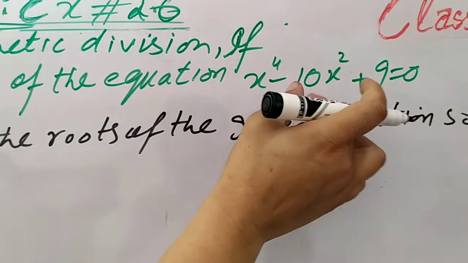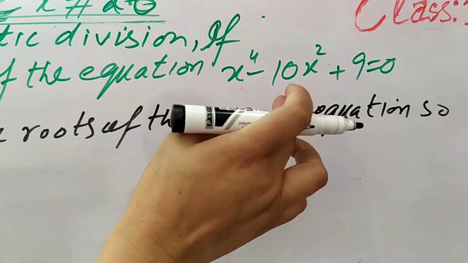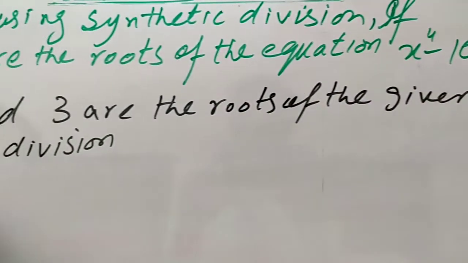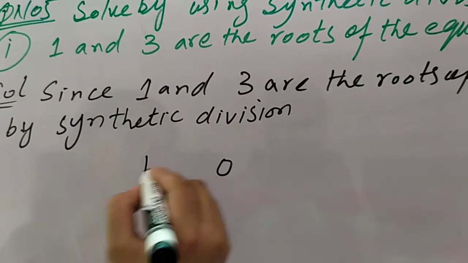We have also missed the terms x raised to power 3 and x, so I will assign 0 coefficient for them. I am going to write 1, after that I have 0 coefficient,